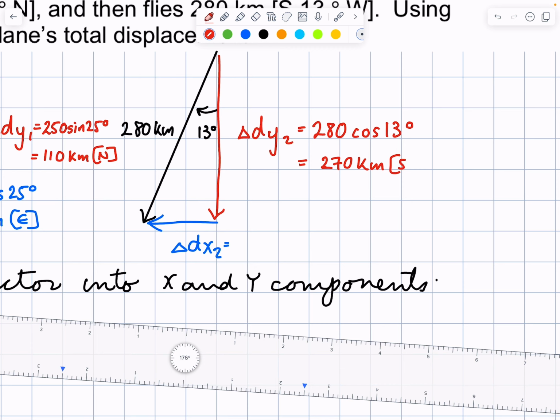kilometers south. If we look at the x component, it's the opposite with respect to the angle and the hypotenuse. Opposite over hypotenuse is sine. So this trig ratio, to determine the x component, would be 280 sine 13 degrees. If you punch this into your calculator, you end up with an x component of 63 kilometers in the west